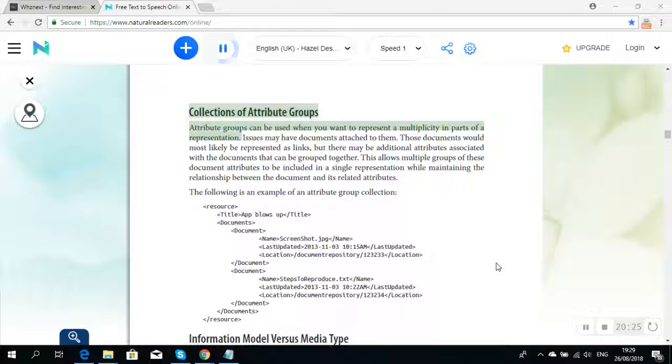Collections of attribute groups. Attribute groups can be used when you want to represent a multiplicity in parts of a